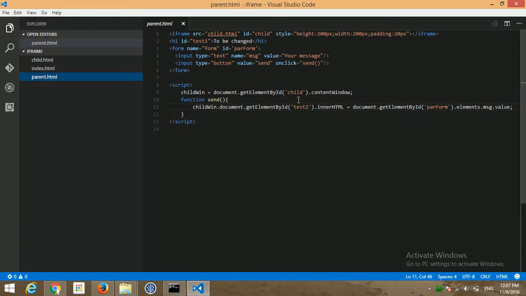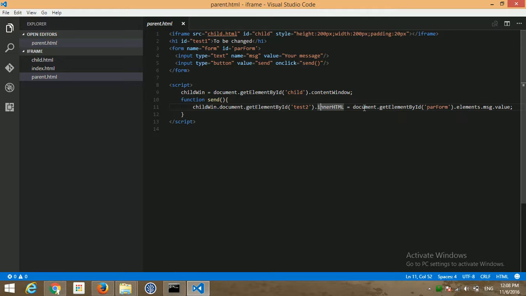Now after doing these things, I am changing this innerHTML. This means I am getting the child window, then inside this child window I am getting the document, and after that I am getting the element by id, and now I am getting the innerHTML, the content which I want to change.